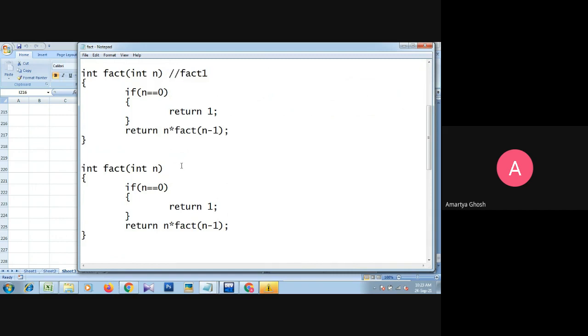So now this one will be fact 2. That is called by fact 1. Okay. So here we call fact 2, and this is the body of fact 2.